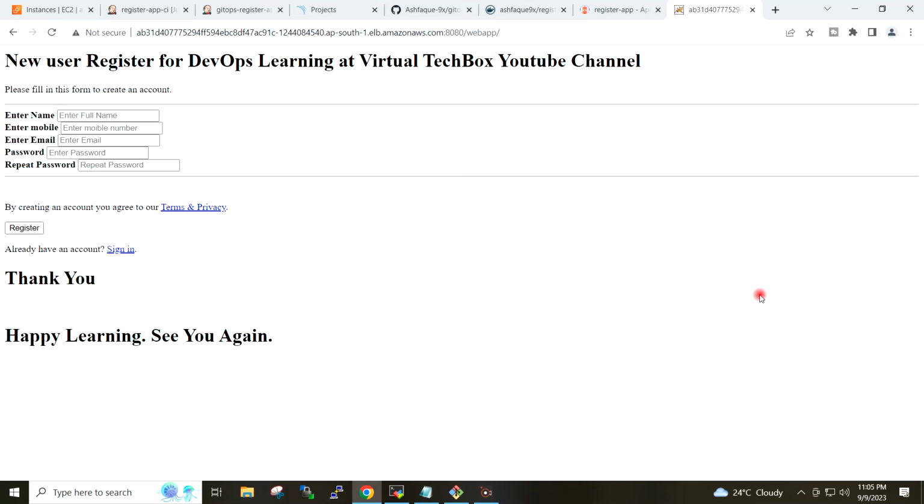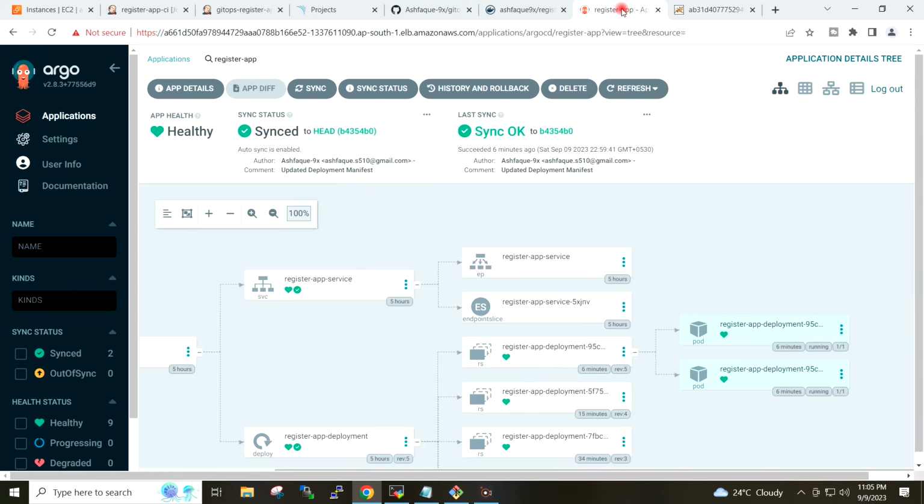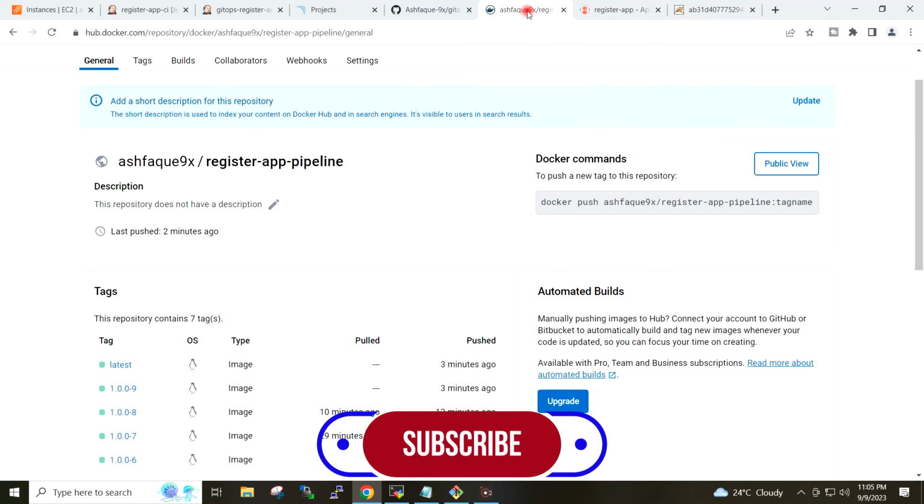In this way, you can set up a declarative CI/CD pipeline using Jenkins, Docker, Argo CD, and EKS.